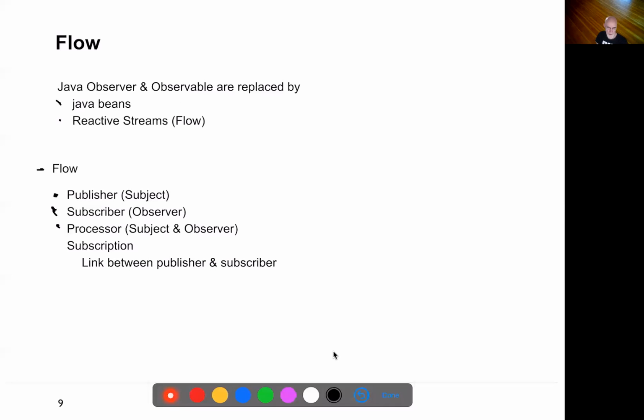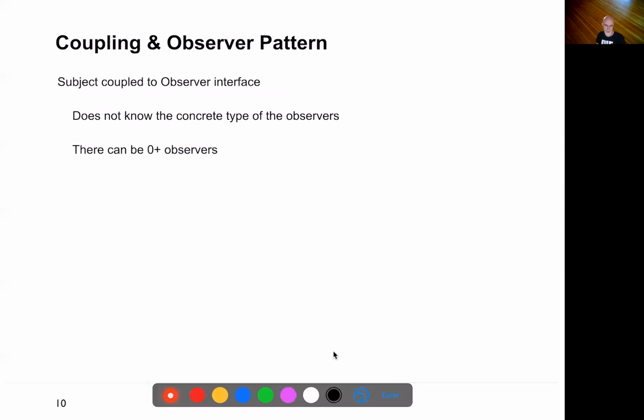You have a processor, which acts like both, and then a subscription is sort of a link between a publisher and a subscriber. But the system is more general, and it follows